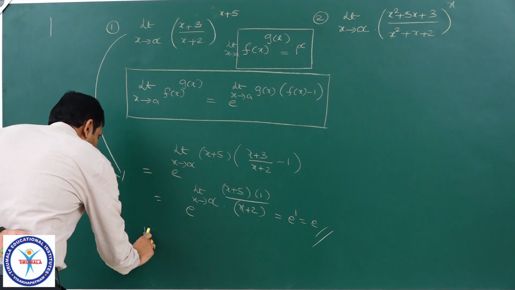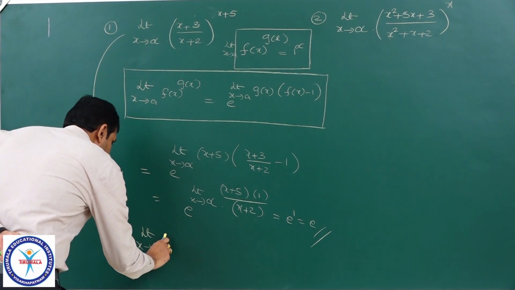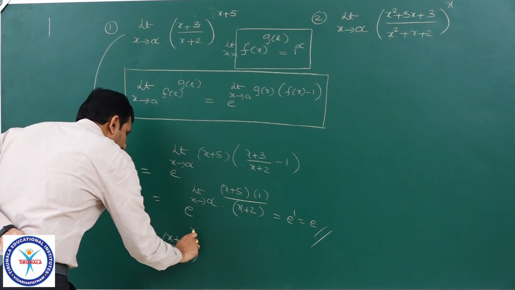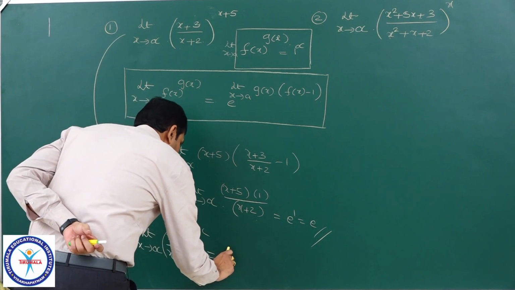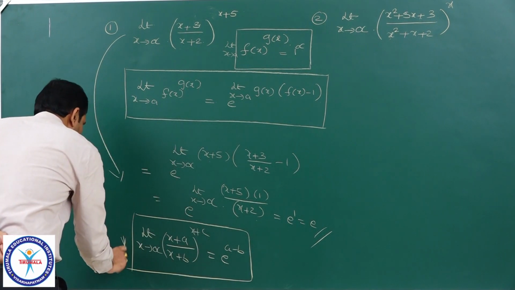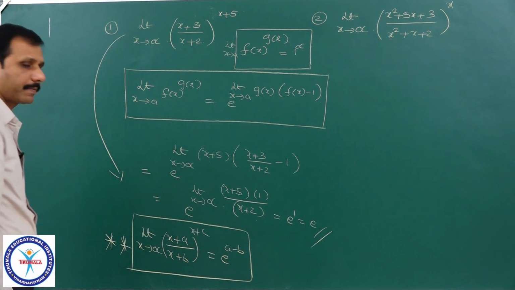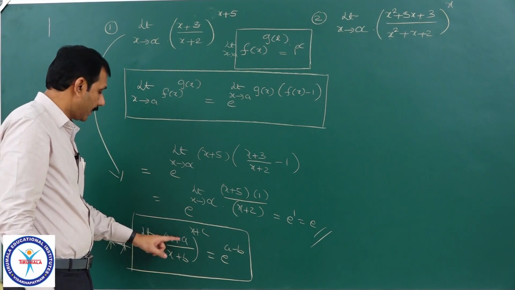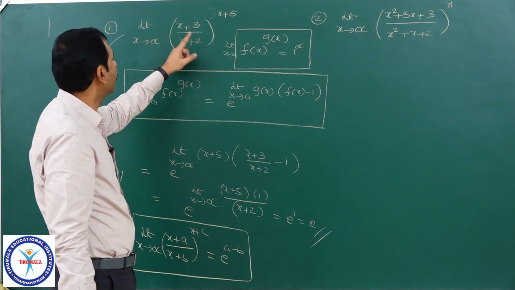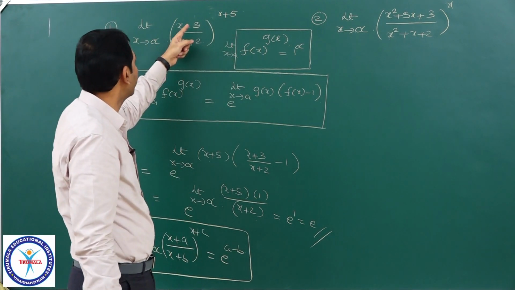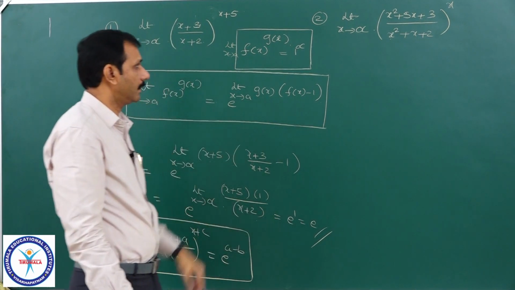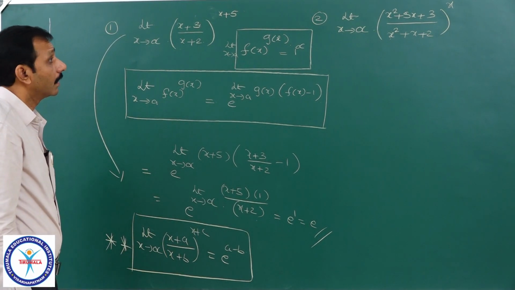Whenever it is of the form limit x tends to infinity, (x plus a by x plus b) whole power (x plus c), then directly e power a minus b will be the limit. Remember, it will help you in some problems. As x tends to infinity, linear by linear whole power linear, it is equal to e power a minus b. Here, e power a minus b means 3 minus 2, that is e power 3 minus 2, e power 1. Directly also you can write it. Right. Coming to second,